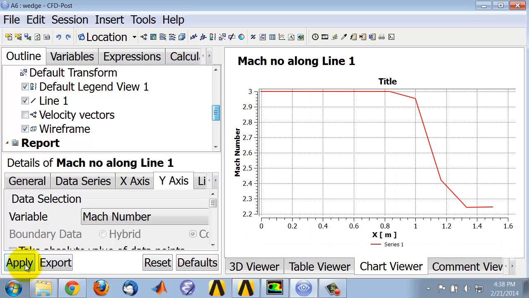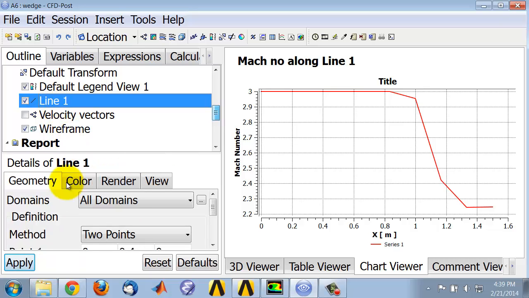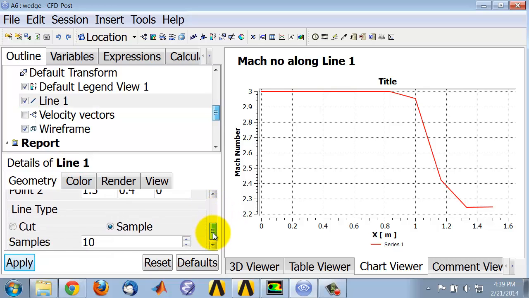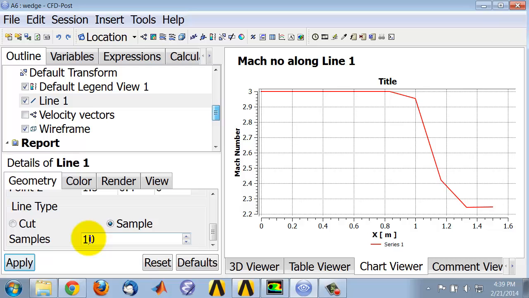and click on apply. And so it's extracted values along that line, but by default you get only a few samples along the line. So let me go and increase the number of samples along the line. I go back to the tree, and I'll double click on line 1, and I make sure that I'm editing line 1, and I'll increase the number of samples to 100. Apply. And the plot gets updated with the 100 samples, and now you get a smoother curve,